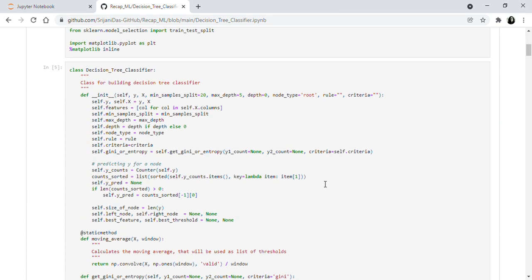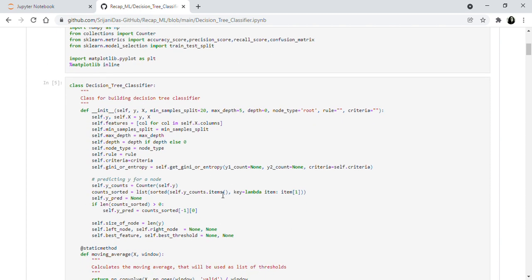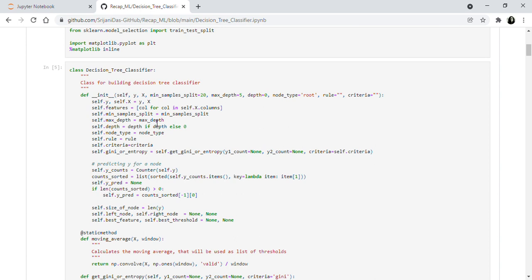So first of all, we have imported all the modules that we will be needing, and we have implemented it as a class. The decision tree classifier has been implemented as a class, and all the things that we have in the scikit-learn decision tree classifier, we have also tried to implement them using different methods of this class. So the first one is init, of course, where we have initialized all the variables that we will be needing